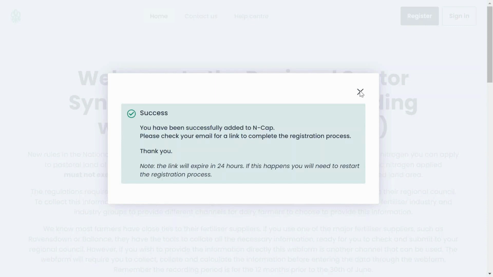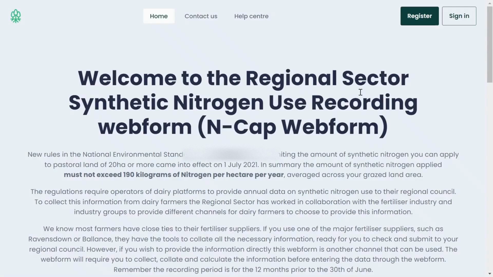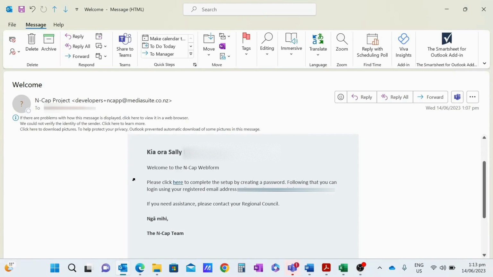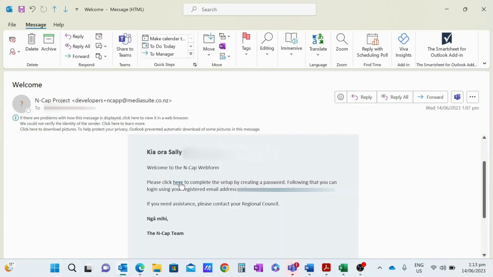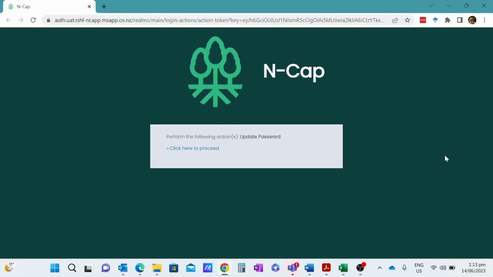So just clicking out of that, I need to pop off to my email and open up that email so the link to complete registration will appear. So here's the email that I've received. Open that email, and click the Here link, which completes that registration. And remember to do that within 24 hours or you need to restart the process. By clicking here, that pops me back out to NCAP,